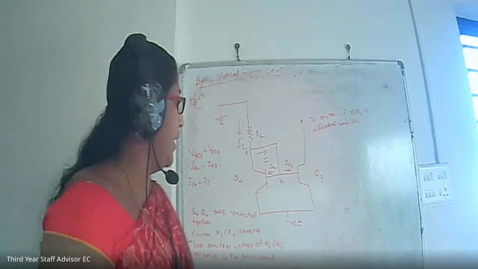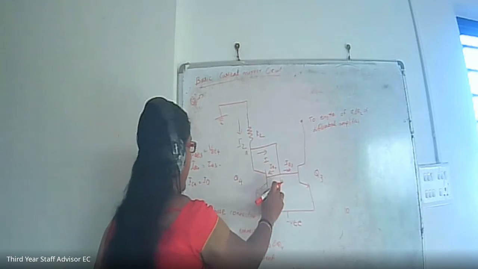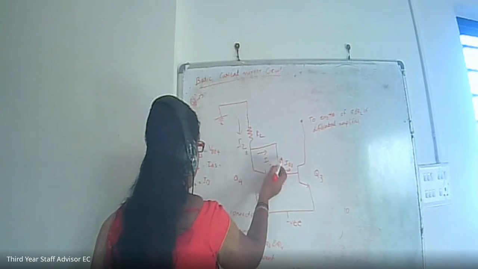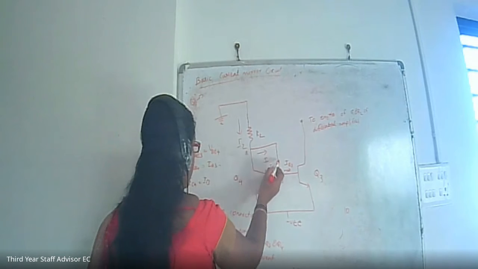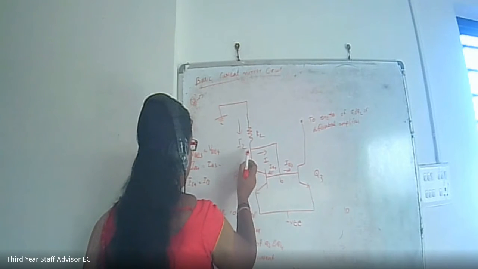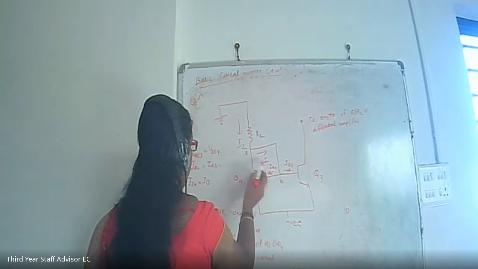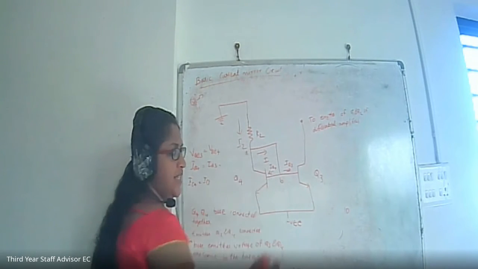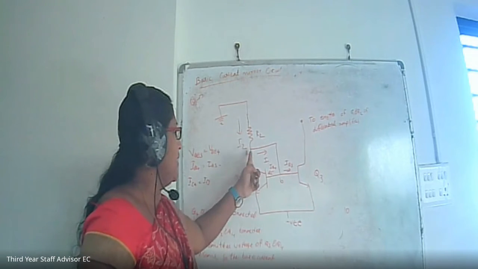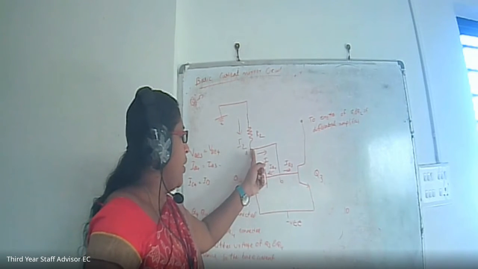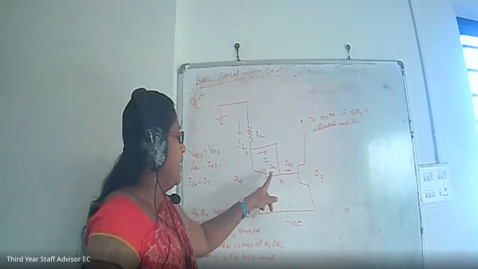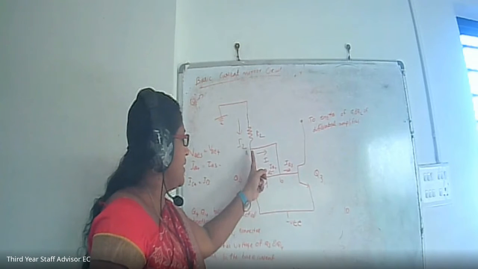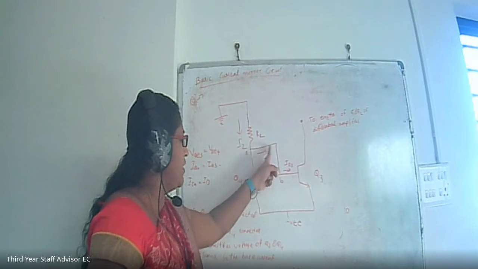Here two nodes are marked as A and B. Here you can see that the collector terminal is tied to the base. That means the potential at these two points is the same. Since they are shorted together, these two points are the same. That is its meaning, right? Since these points are shorted, this point and this point are the same. As a result, the collector and base points are the same since they are shorted together.